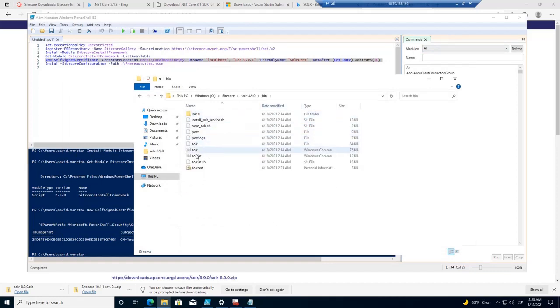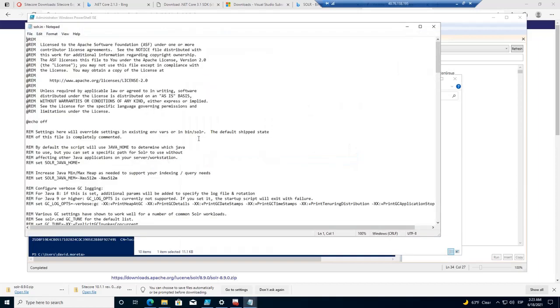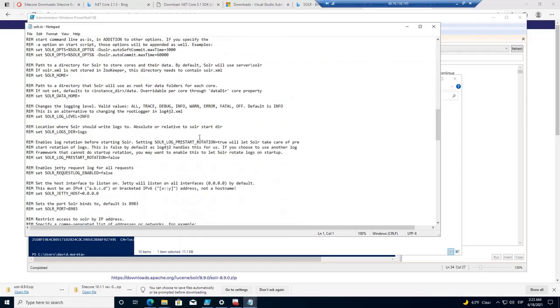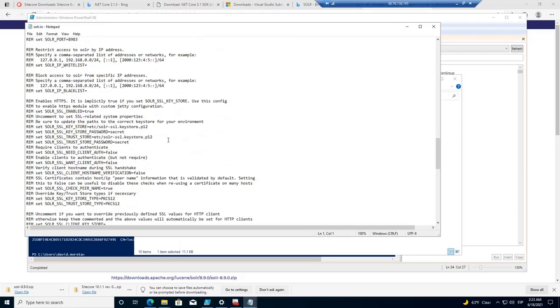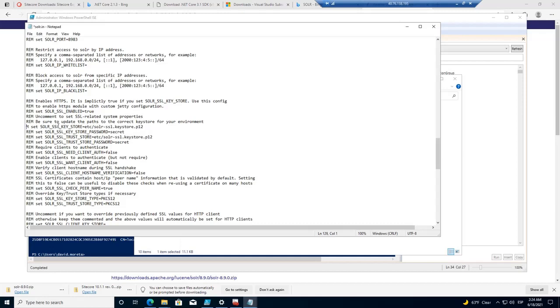our Solr folder, and we're going to locate this solr.in file, which we are going to edit in order to allow Solr to run on HTTPS. So we need to uncomment this section here, and it will allow us to enable SSL for Solr to run on HTTPS. So first we need to uncomment it, so remove the rem